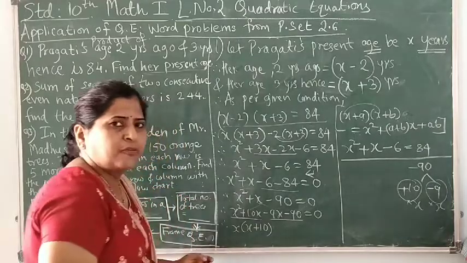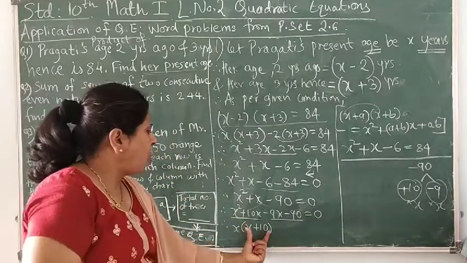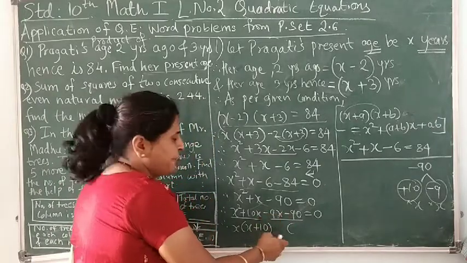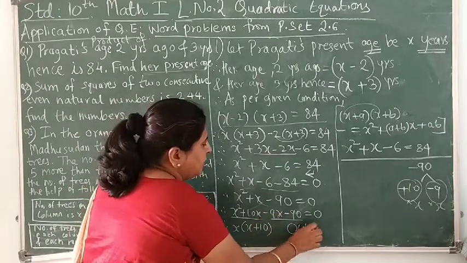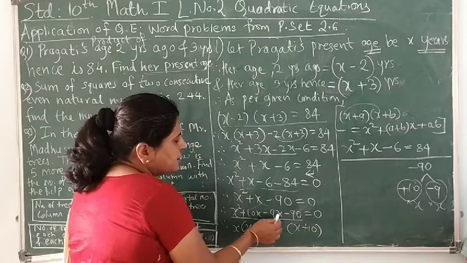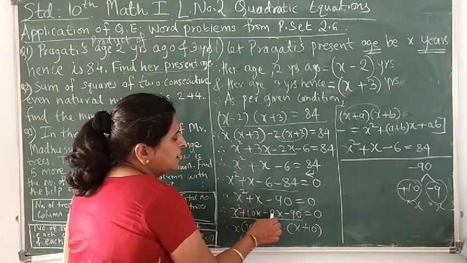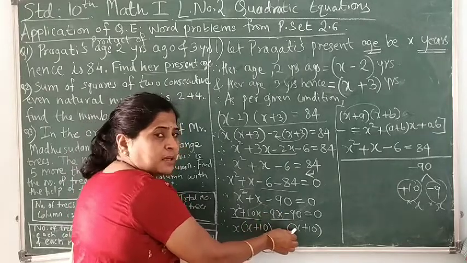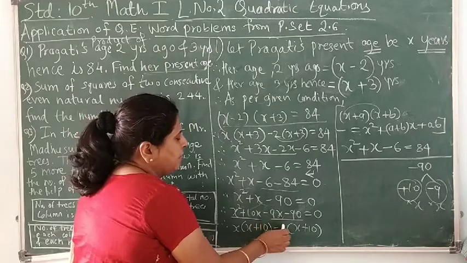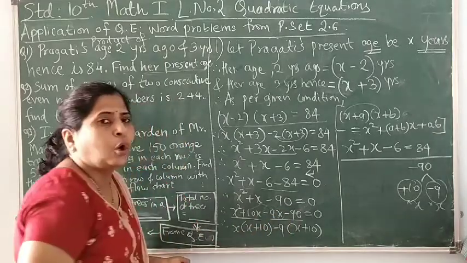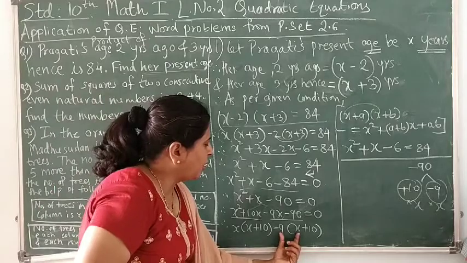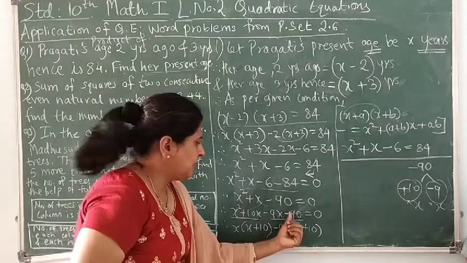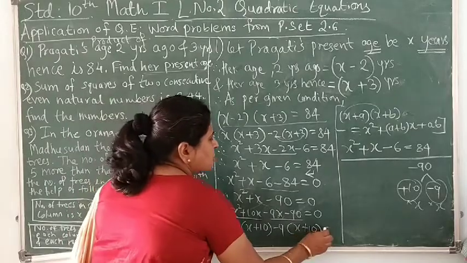Now if you remember, I have given you one smart tip: copy the same bracket over here by keeping some distance. Instead of finding what is common here, we can write the same bracket here, x plus 10, and then just see what is the third term over here, minus 9x. After this minus 9x, students, we have written x over here. So what is the remaining part? Minus 9. Means here minus 9 is going to be common. And you can check by taking the product minus 9 into x, minus 9x, and minus 9 into plus 10 is minus 90, and that equals 0.